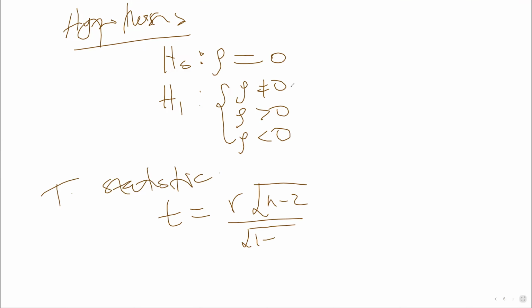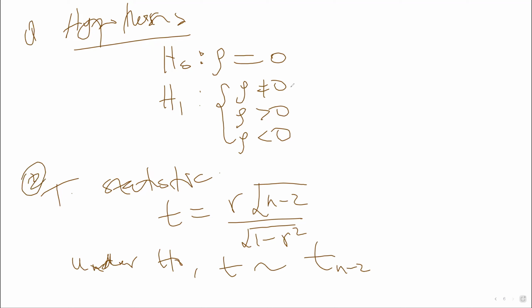So our T is like this. Then we say that under H naught, T has a t-distribution with n minus 2 degrees of freedom. I hope everybody is okay with this. So that was one, two. The next thing we do is the critical region. What is our critical region? Well, it depends. So three, our critical region. Remember,